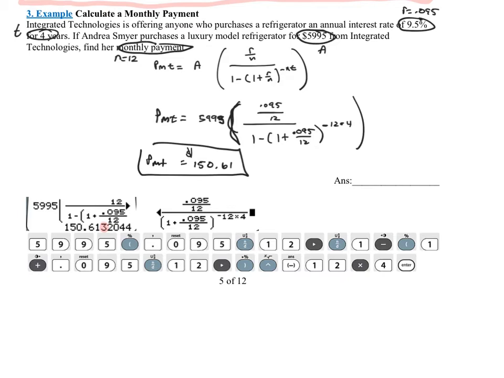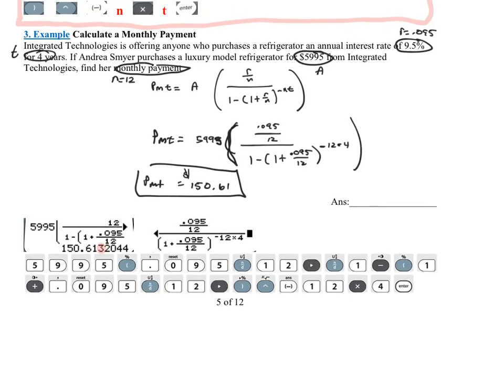In the real world, no matter what that decimal is after the 1, as long as it's not a 0, they would have rounded up. So in the real world, they would have said it was $150.62. Anytime you owe them money, they always round up. Anytime they owe you money, they always round down. It's really crappy that's how the real world works, but it is. For this class, just round normal. I'll give you credit as long as you round normal every single time. So your monthly payment on that device is